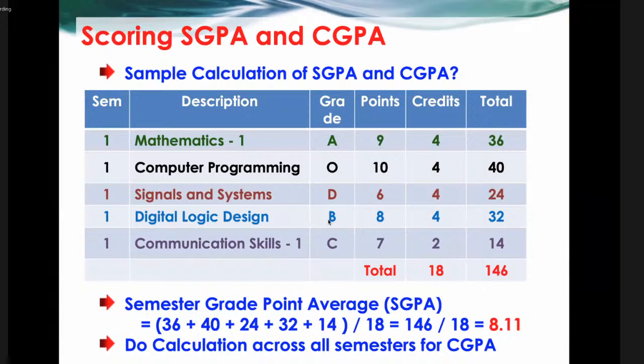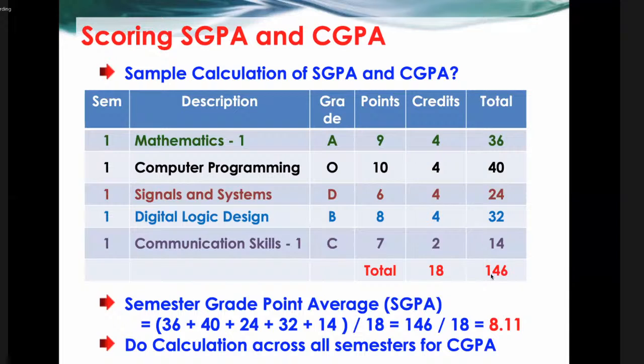And then digital logic design, B, okay, you are good in that, so you are getting 32 points. Communication skills is average, so you are getting 7 points, because you are getting a C grade. So 7 into 2, because communication skills 1, 2, 3, 4 are all of 2 credits. The remaining courses are all of 4 credits. Now the 7 into 2 will get you 14 points. Now you sum up all the points, it will come to